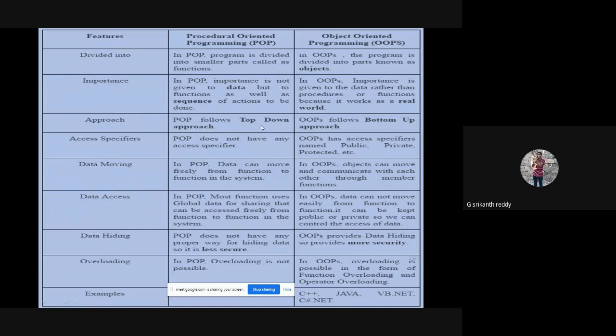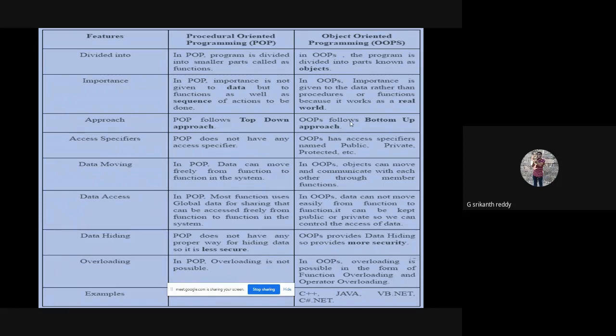POP follows top down approach. That means the execution starts from top. That means main function is on the top and the execution starts from main function. As the execution is starting from top, the problem is getting solved from top to bottom, top down. Whereas in OOP, the execution starts from bottom.